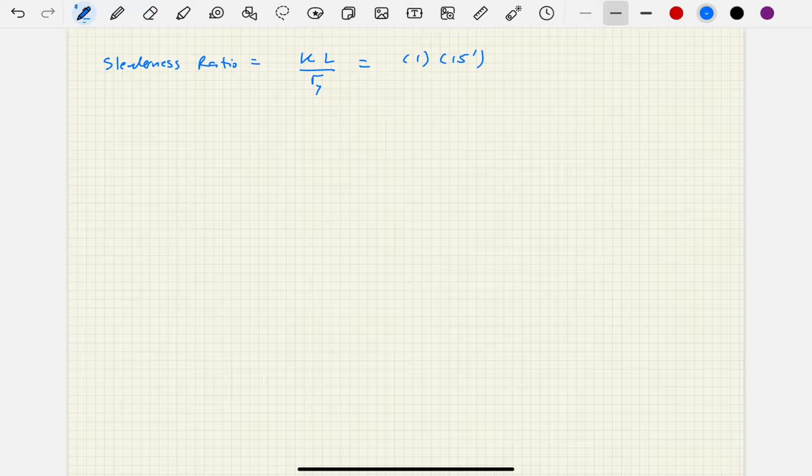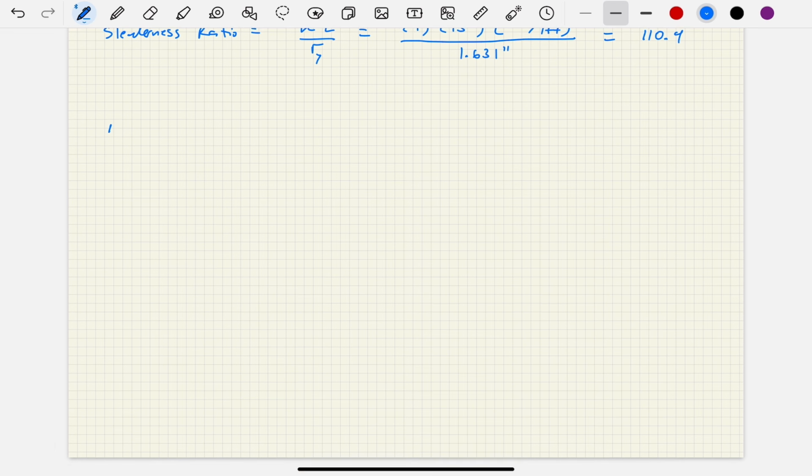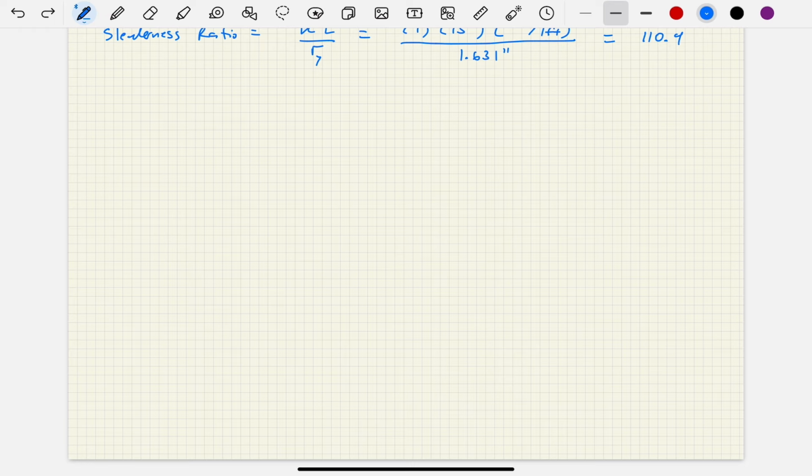The length is 15 feet. We're going to convert that to inches by saying 12 inches over 1 foot. And then we're going to divide that by that RY we just calculated, 1.631 inches. And we'll get a slenderness ratio of 110.4, okay? Now what we do, and again, we're referencing Chapter 3 of the Steel Construction Manual, we calculate Euler's